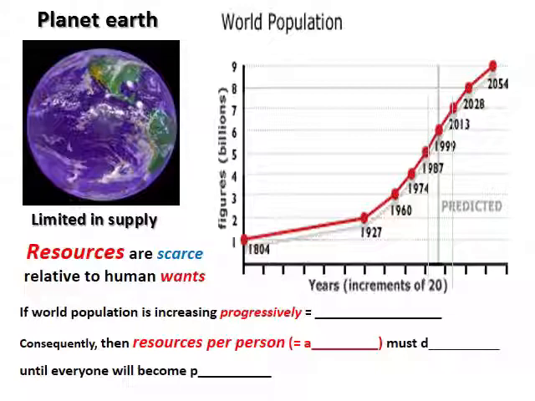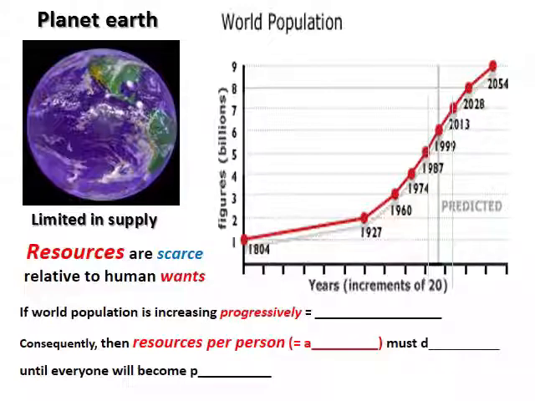Here's another way of presenting the economic problem. We've got only one planet Earth, so representing limited natural resources at least, and we have world population that is increasing rapidly, of course representing unlimited human wants.